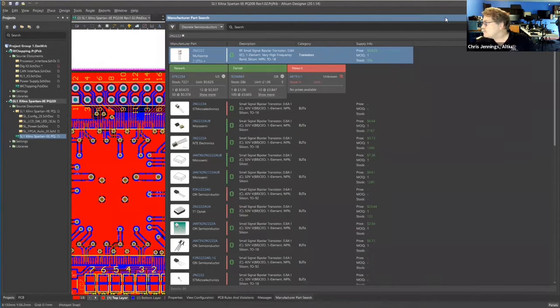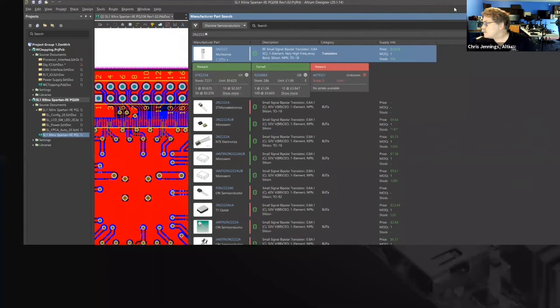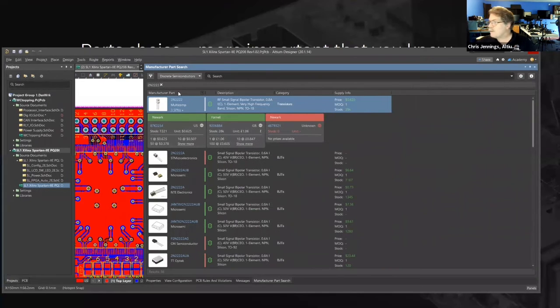I'm thinking I'm blocking some of that, so let me move this down a little bit here. So the manufacturer parts search panel gives you the opportunity to search for parts. So you use a part number in your search, and I've already done this. And I was just looking for a 2N222, just a basic